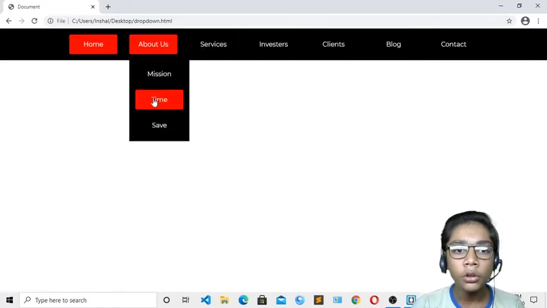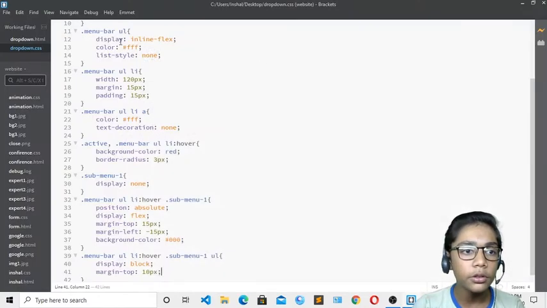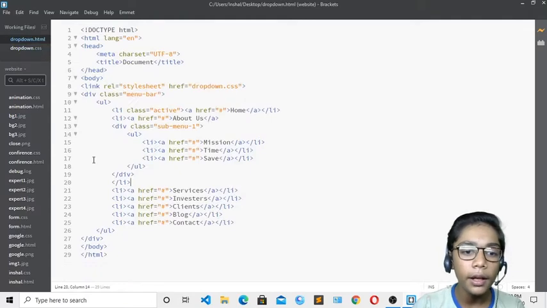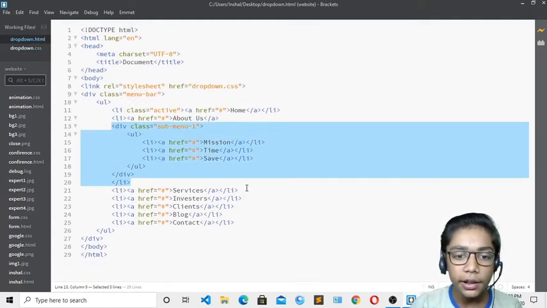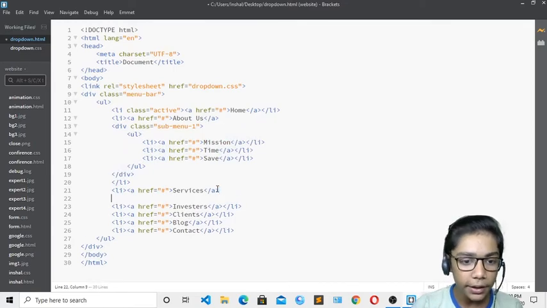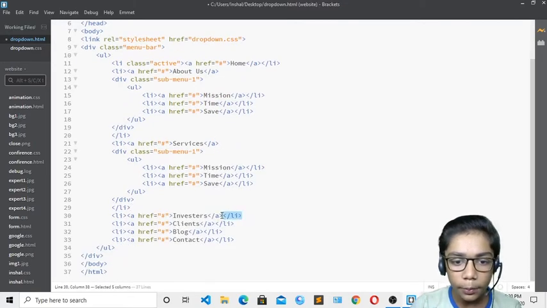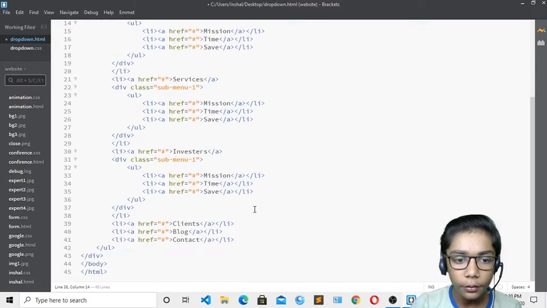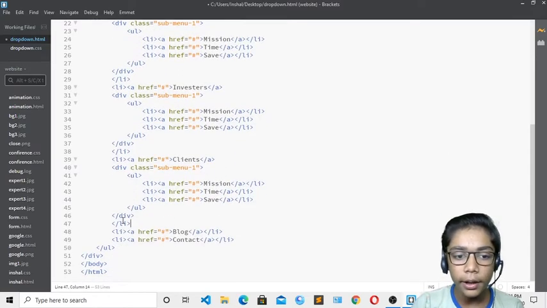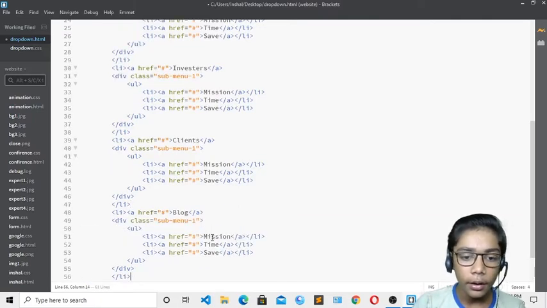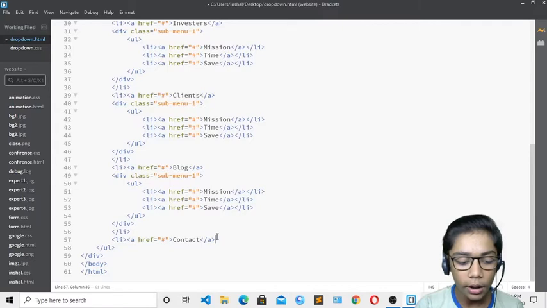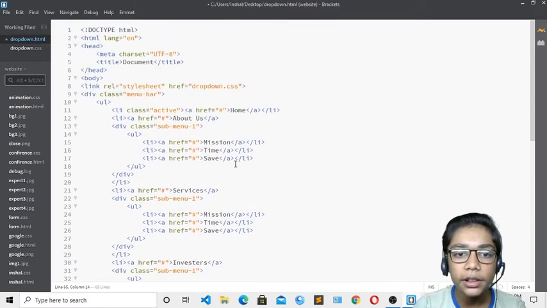If I show you in services, we can also do that. You have to just go to the HTML file, and over here copy all these things. Over here I will erase this li, and paste that over here, and do that for all of them. So we can get all hover effects and we get the drop down menu in all text. And over here I will change the names.